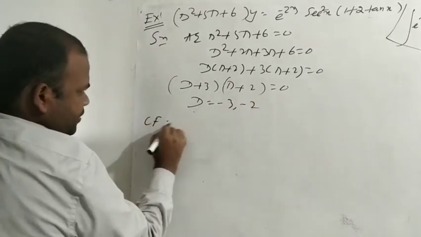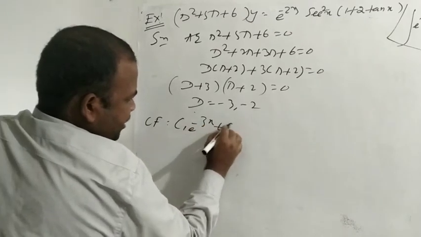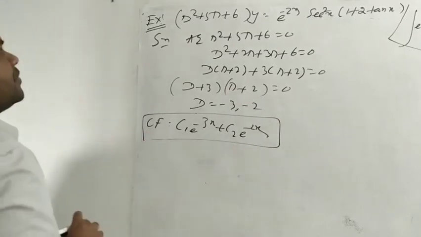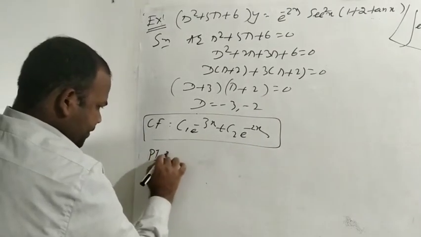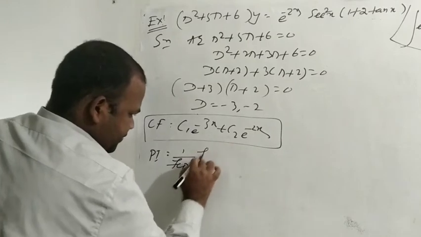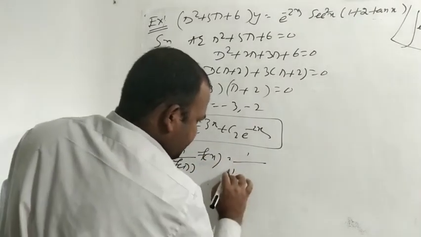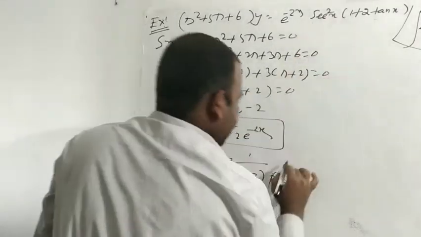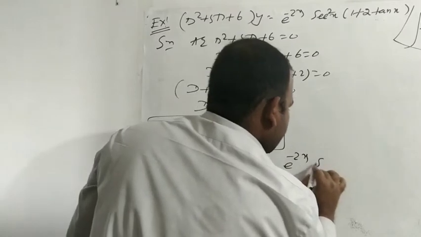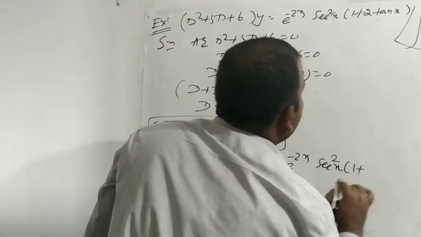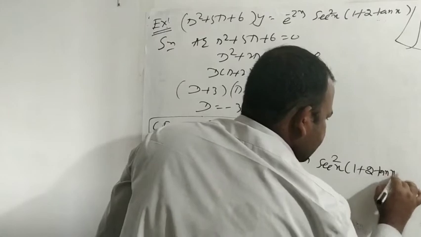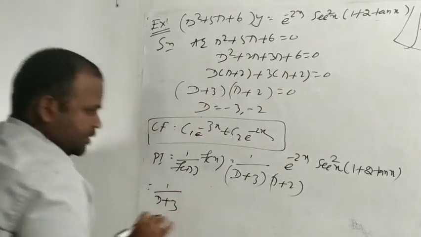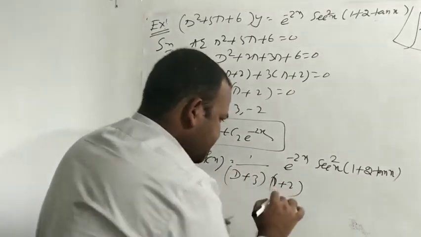So what is CF? C1 e raised to minus 3x, C2 e raised to minus 2x. So now you will find PI. So PI equals 1 upon f of D into f of x. So 1 upon D plus 3 and D plus 2 into f of x, e raised to minus 2x sec square x into 1 plus 2 tan x. So this is 1 upon D plus 3 and 1 upon D plus a,